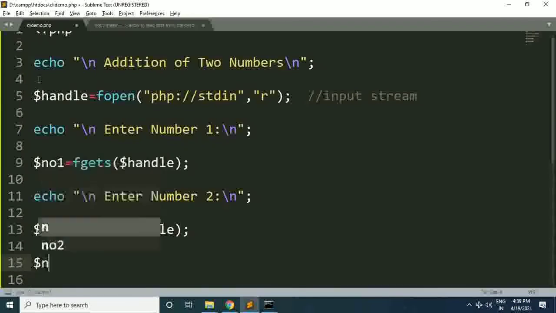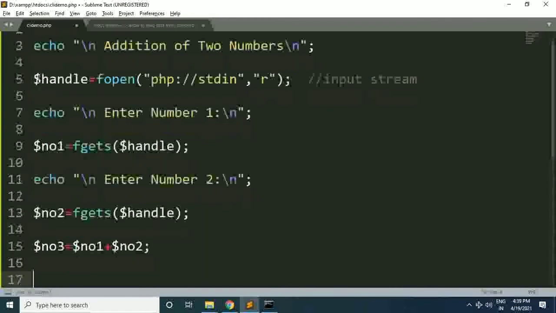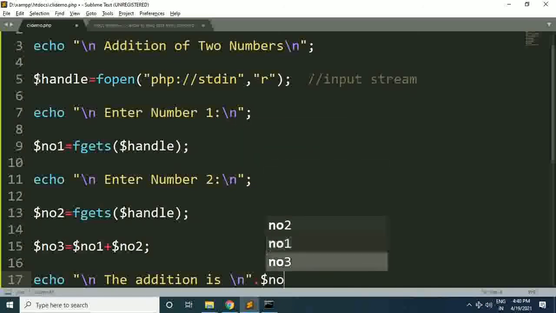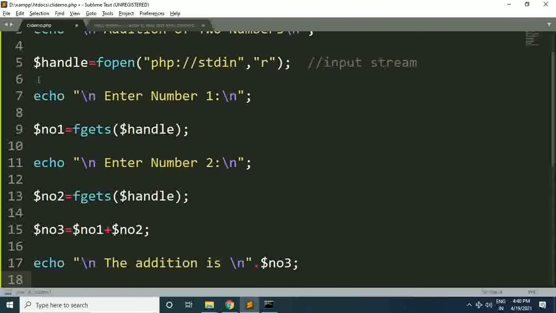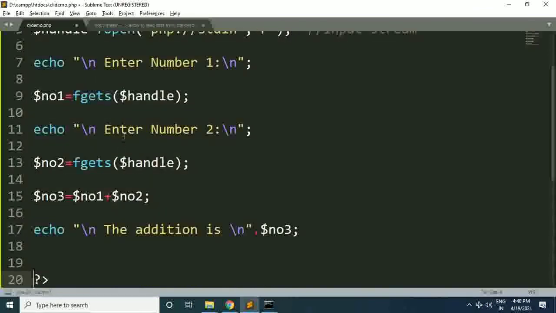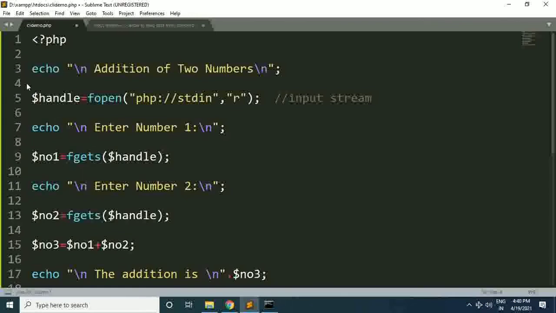So let's write the formula. $no3 is equal to $no1 plus $no2, and now I will print, the addition is. Okay, so this will be our program for addition of two numbers within the command prompt.